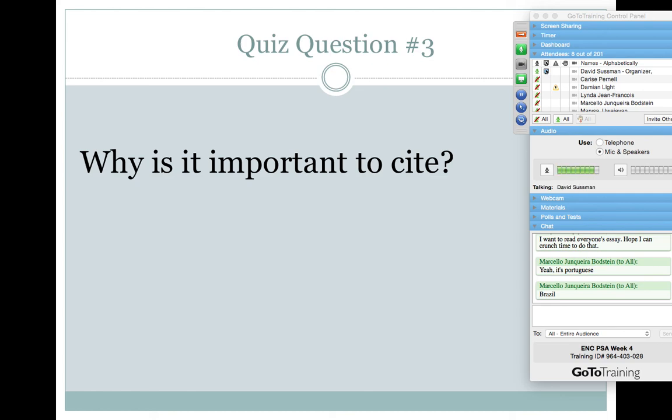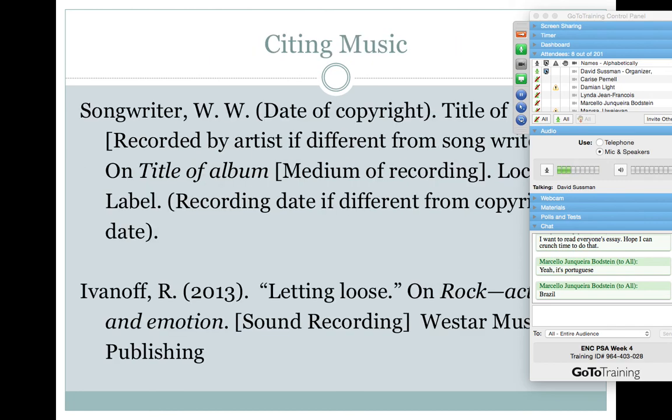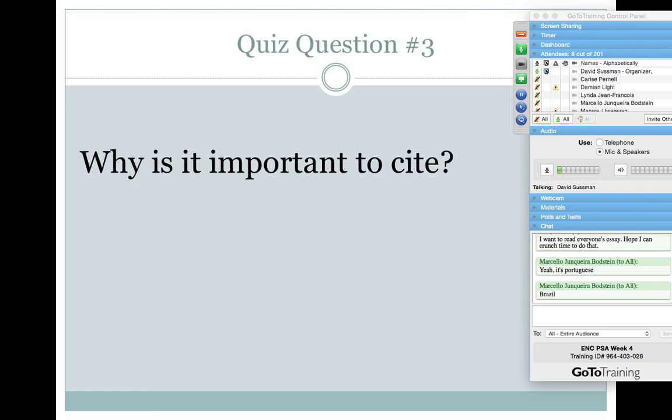So quiz question number 3 goes back to this thing, right? Remember I listed 3 reasons why it's important to cite. So quiz question number 3 is why is it important to cite? So it's basically these 3 things, which is really dumb on my part because I just gave you the answer. But why is it important to cite? 3 reasons why. I'm going to linger on this slide a little bit before I move forward. We're almost done. Okay, and we're moving forward.